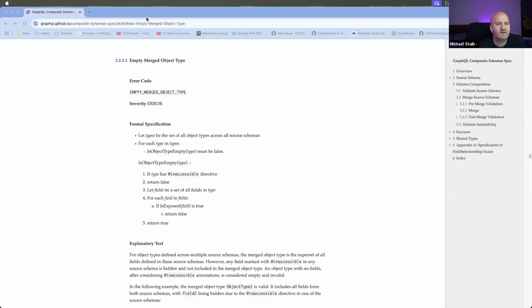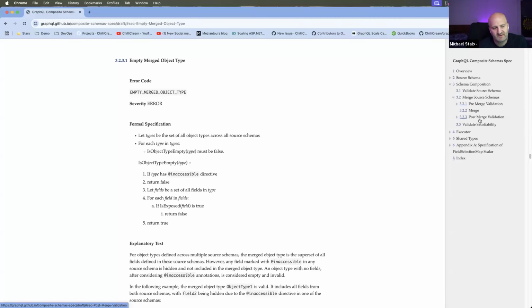Okay, do you want to talk more about the merge algorithms? Yes, so we talked a lot about validation, and there's a lot of work going on there. At the moment the structure is, this is also something from the last meeting, we now have pre-validation and post-validation, and in between the merge, right? Pre-validation is mainly things that we can reject already before we do the work of trying to merge something. Basically, we look at the subgraphs in isolation and reject certain things.